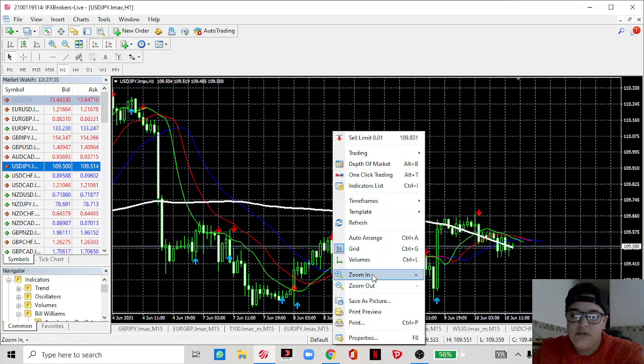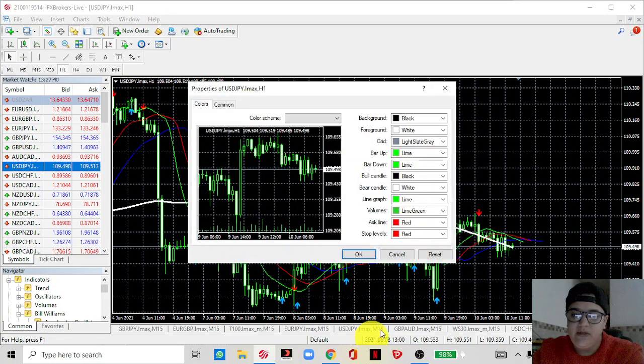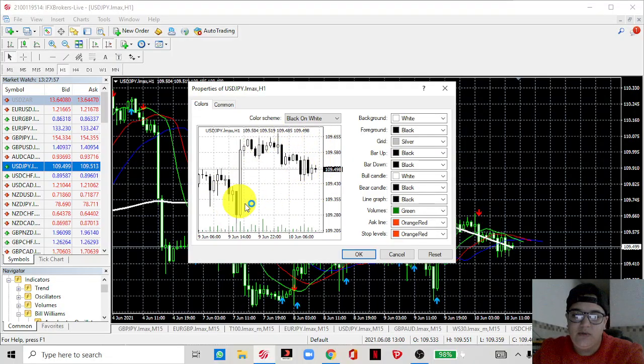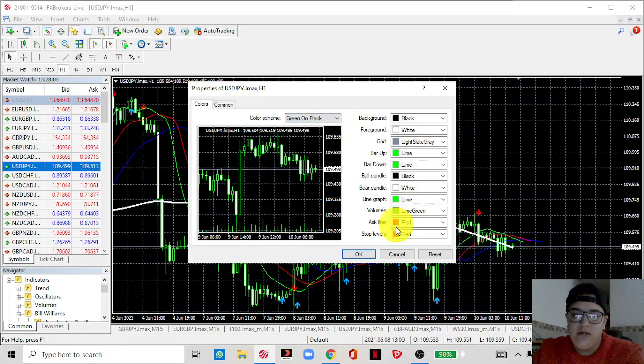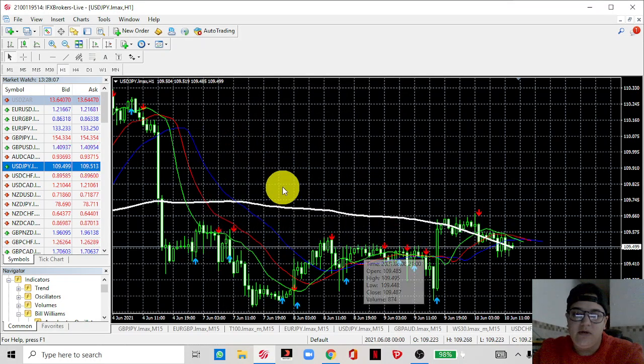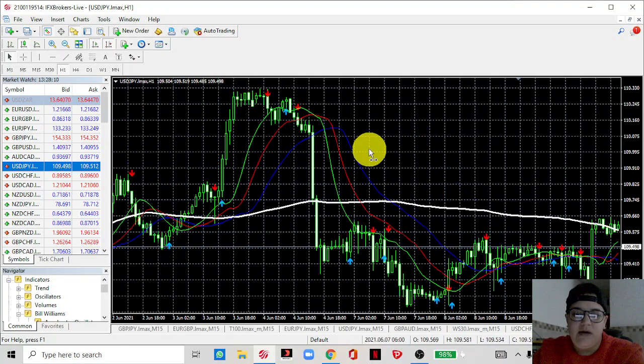Okay. Then also what you can do is you can go over here and click on properties. And over here you can change the colors of the candles. You can also select the color scheme. So if we say yellow on black, it will give us a preview of how it will look. If we say green on black, that's what we currently had. And if we say black on white, that is what it will look like. So let's just stick to green on black for the time being. So we go ahead and we click on that. And that's the basics of how to use